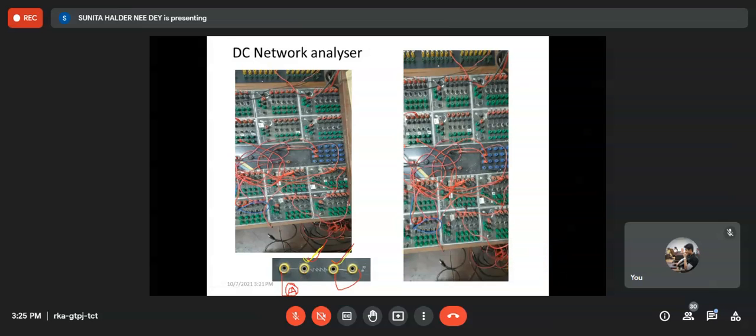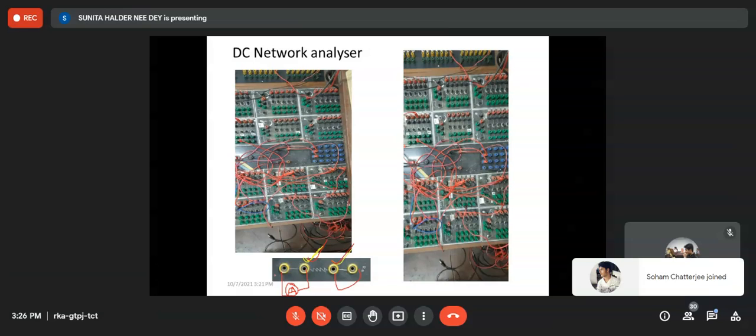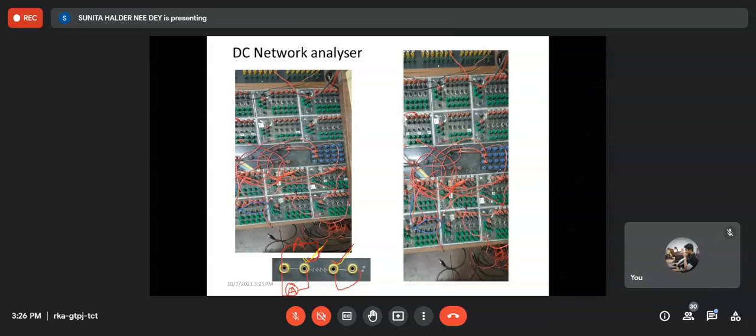Otherwise, what will happen? If we disconnect this circuit, since it is a series parallel circuit, it will be very difficult to identify the point where we disconnected it, and difficult to get back the original circuit. You would have to start from the original. That is why this provision is there, so that you can connect an ammeter, or short this one with a wire.